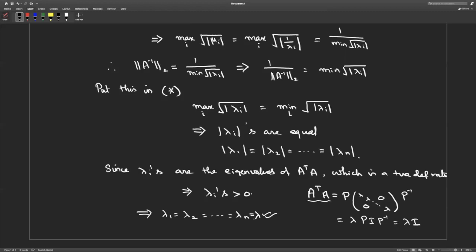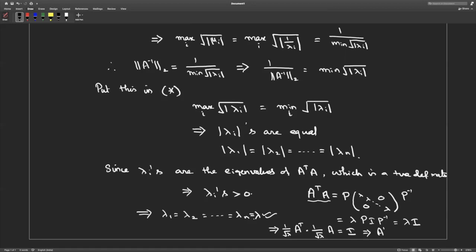Therefore, A transpose A is lambda times I, and that implies you bring lambda to the left hand side and write it as 1 by root lambda A transpose into 1 by root lambda into A. That will be equal to I, right? Now you observe 1 by root lambda into this and call this as